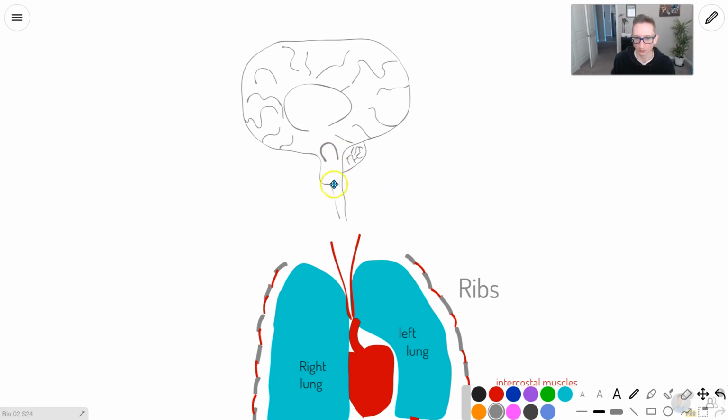This would be called our pons up here. So this would be our pons. And this part right here, down below, it's kind of longer. I kind of drew this little bump, but maybe not quite that big. I maybe drew it a little big. It's okay. We'll learn more about these. This is called our medulla